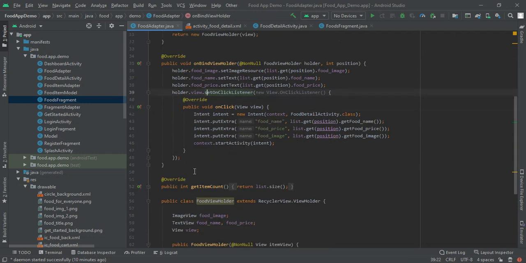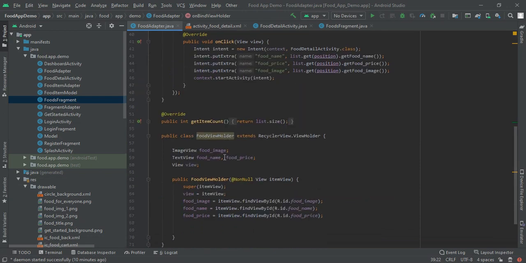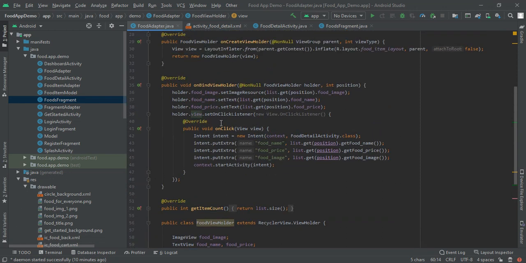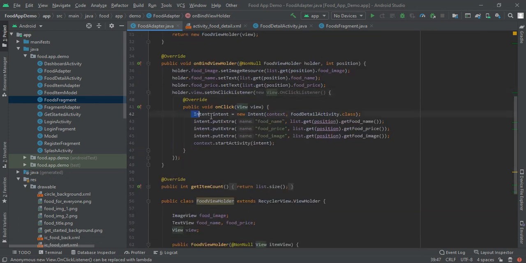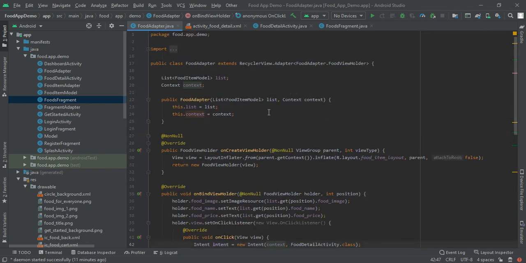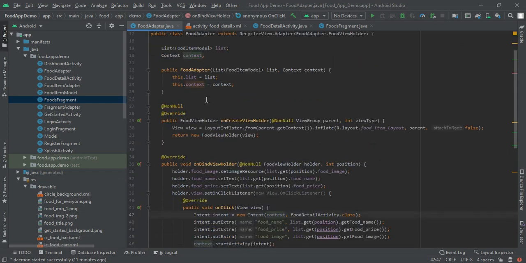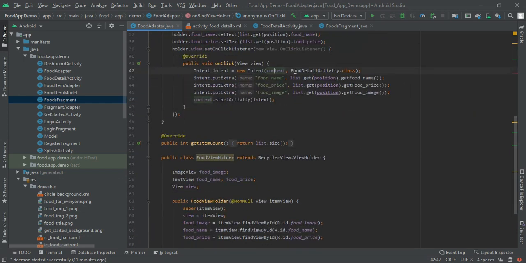This view came from our view holder, and it is our item itself. Here we will set its on click listener, and then make a new intent which will contain the context that we made, and then it will get a food detail activity which